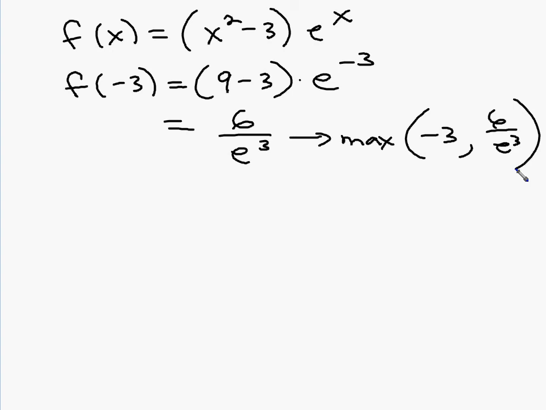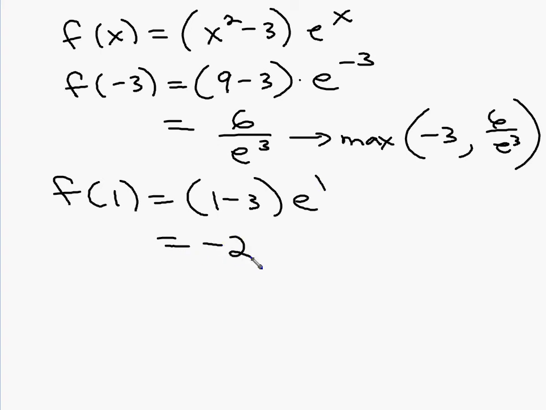And then my minimum was at 1. So f of 1 is going to be 1 minus 3 times e to the 1. So that's going to be -2e. So my minimum is at 1, -2e. So that's good enough, okay, what we have there. Okay, one more